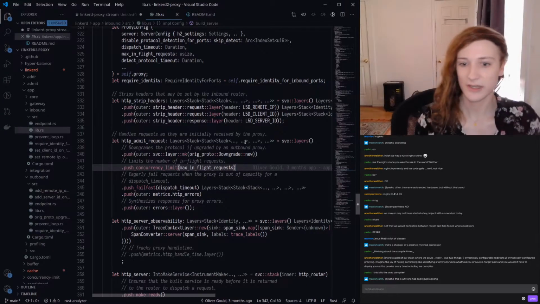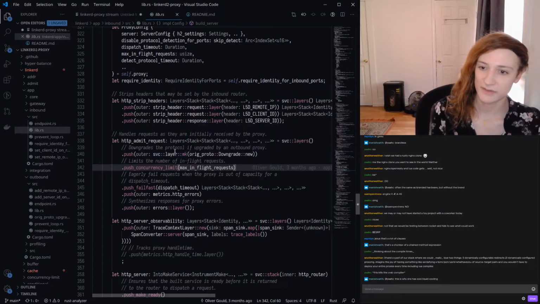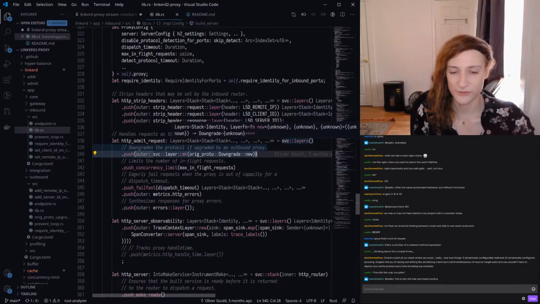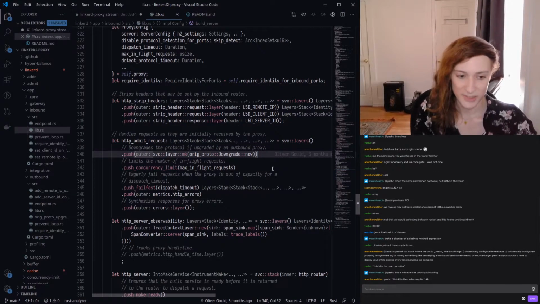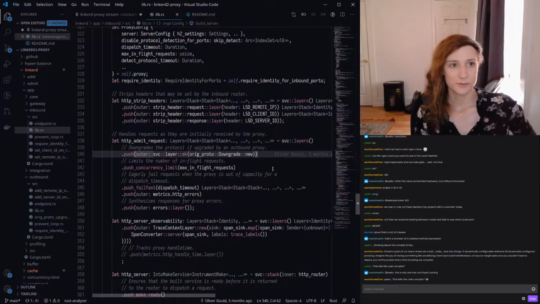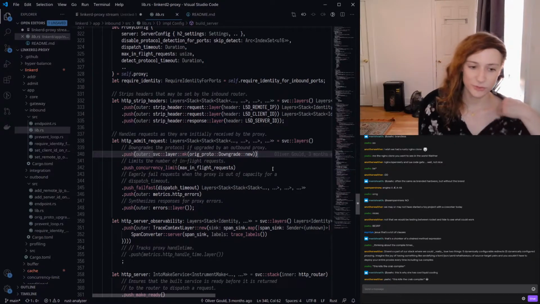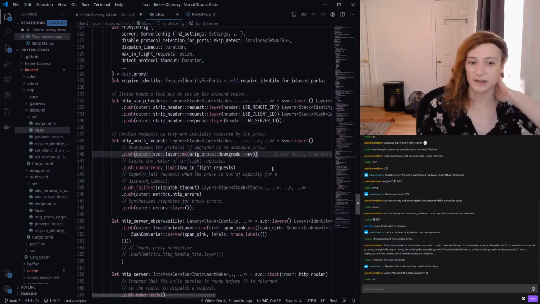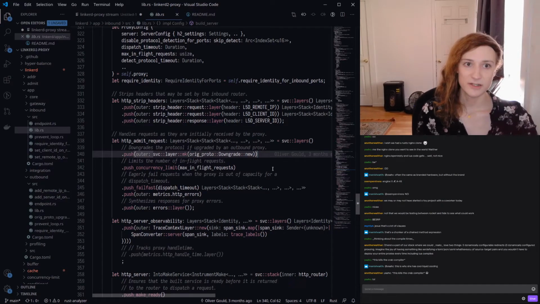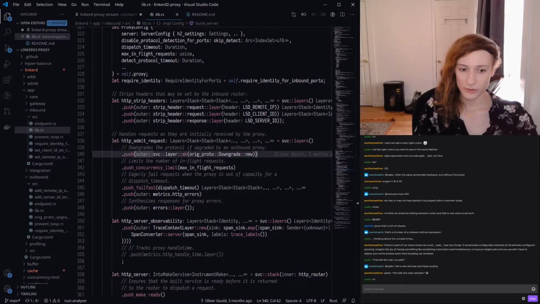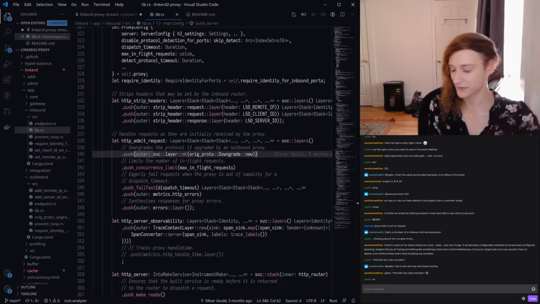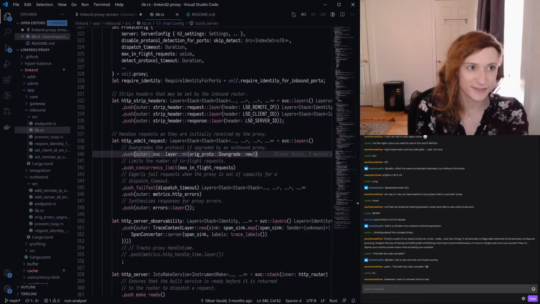And so we start out, we say, okay, we have this layer that's an original protocol downgrade layer. And what that means is that maybe we have something coming in on an HTTP2 connection, and we have some header that says, this was originally an HTTP1 request. So maybe the application that sent this request thinks that it's speaking HTTP1.